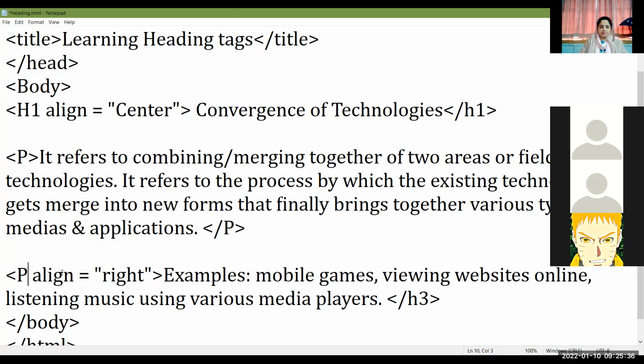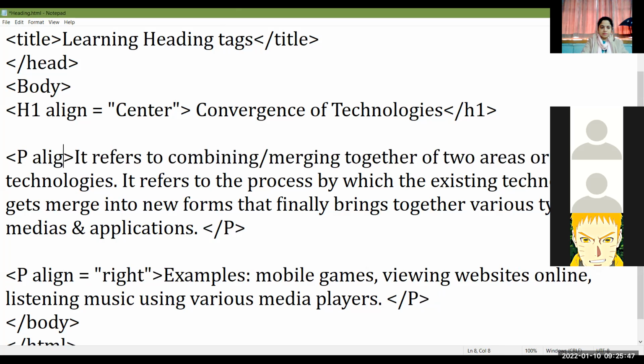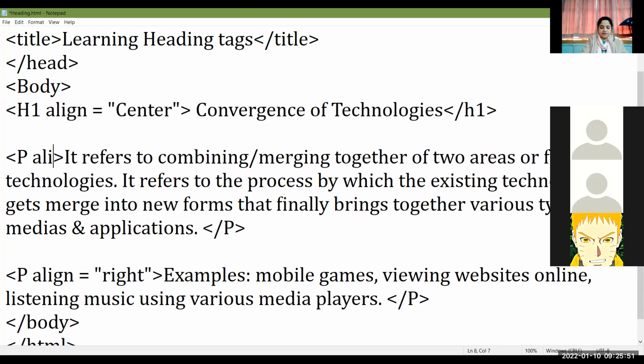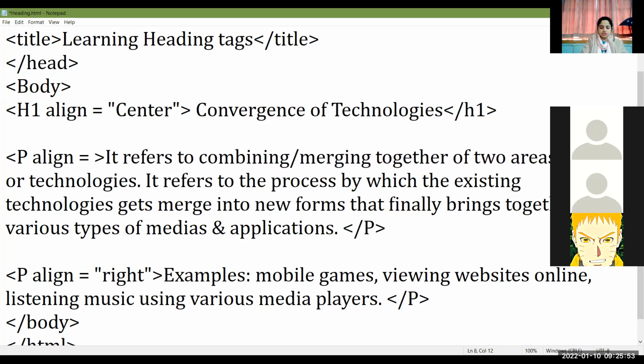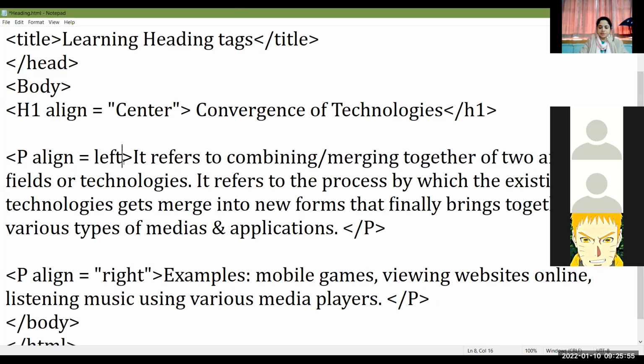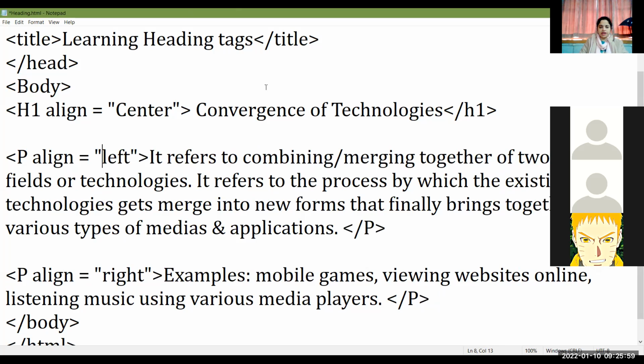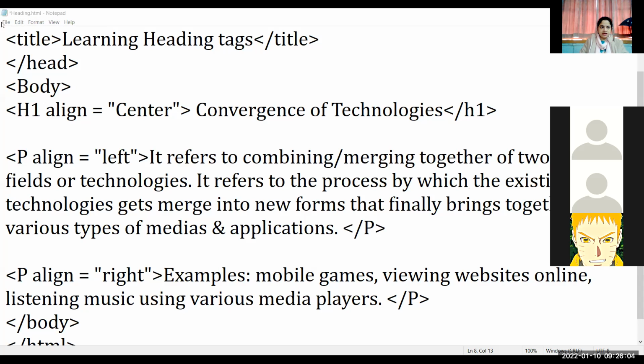Here I'm giving the alignment also. Align equals to right. Now I'm giving this closing the P tag. Here I'm giving align. First we will use align equals to left. Then we will use align equals to justify. We will see the difference. Okay, by default it is left align. अगर हम ये align is equal to left नहीं भी लिखेंगे, then it will be fine. Now save it.